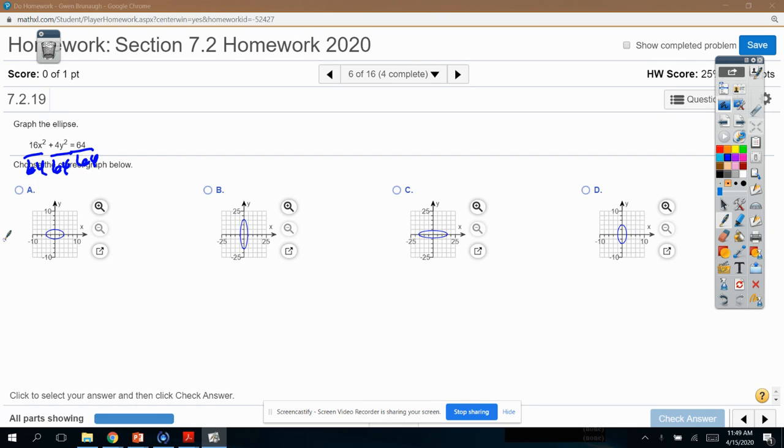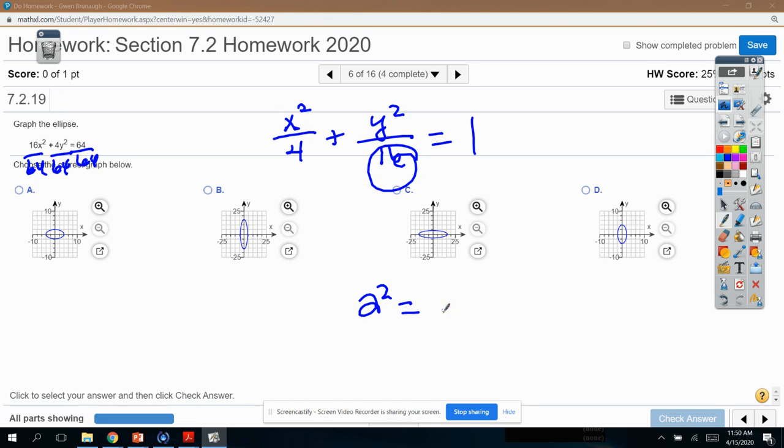but if you take 16 divided by 64 in your calculator and hit math 1, it says 1/4. So it's going to be x squared over 4 plus y squared over, if you take 4 divided by 64, I'm going to bet it's going to be 16, but if you want to use your calculator, 4 divided by 64, math 1, and it is 1 over 16, and that equals 1. The big number tells you the a squared in the direction it will go. A squared is 16, which means a is 4, and it's underneath the y, so it's going in the y